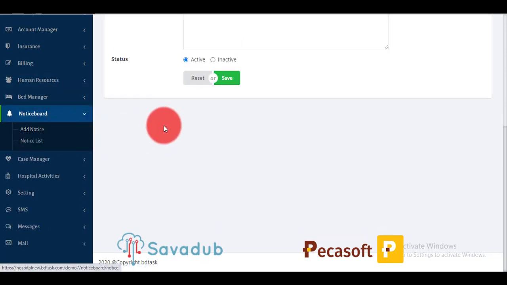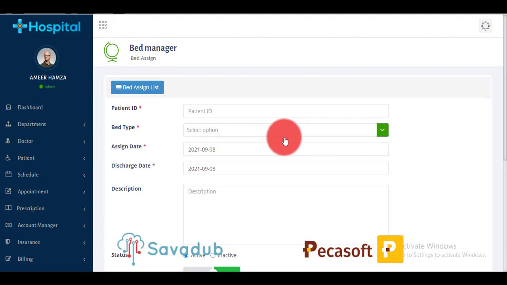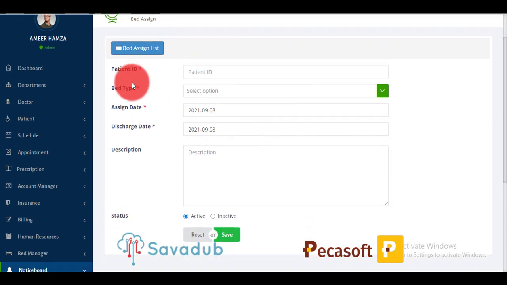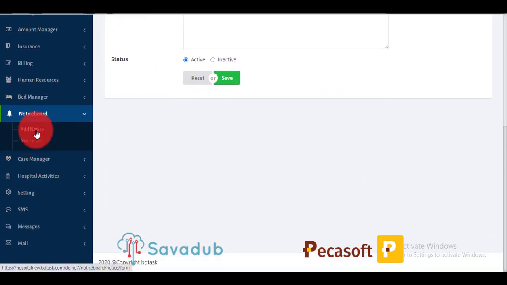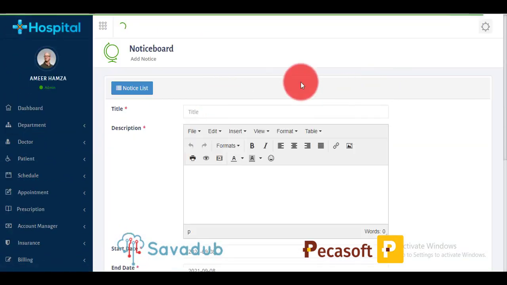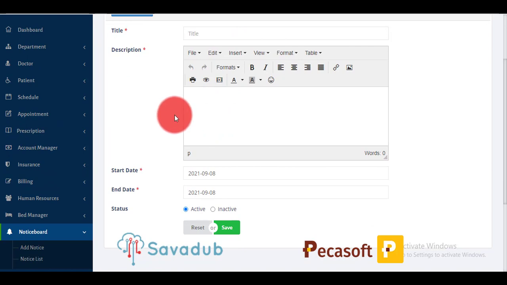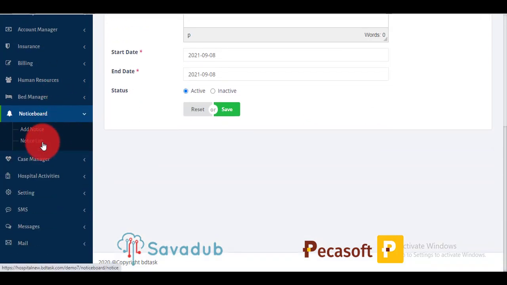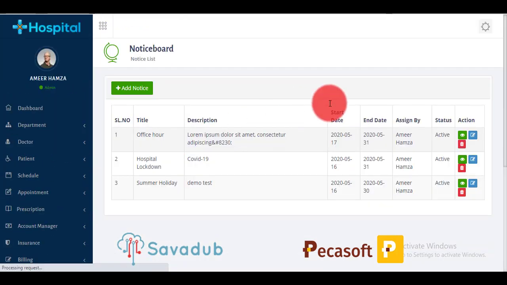Notice board, you may want to give a notification like the way you have a notice board in your hospital, in your clinic. So you have the notice board there, add a notice. So all of your staff will be able to see this and know what is going on at a particular time. So notice list,